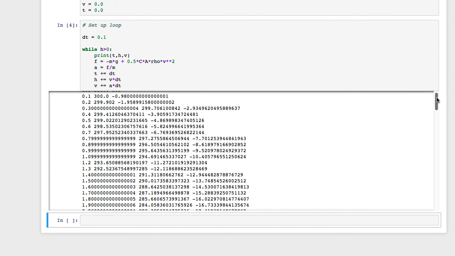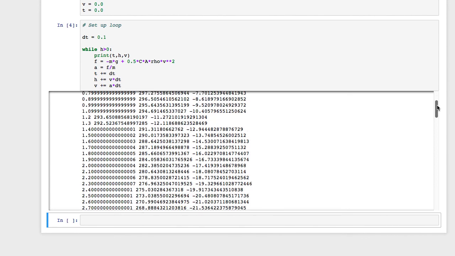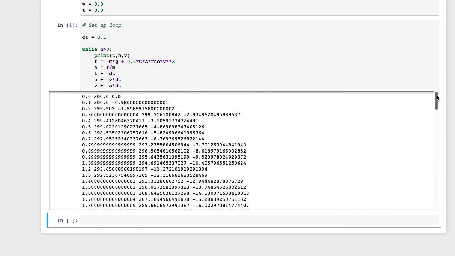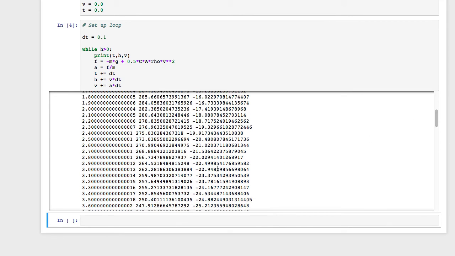So what you'll see is after a second, here's 0.99, it's got down to slightly less than minus 9.8 meters per second, which is what you'd expect from the acceleration. It's a bit less than that because drag is starting to kick in. And as you go down further, to begin with the speed's changing pretty fast, but after a while the speed's changing quite slowly. It takes a long time to get from minus 21 to minus 22 meters per second. It's continuing to drop,